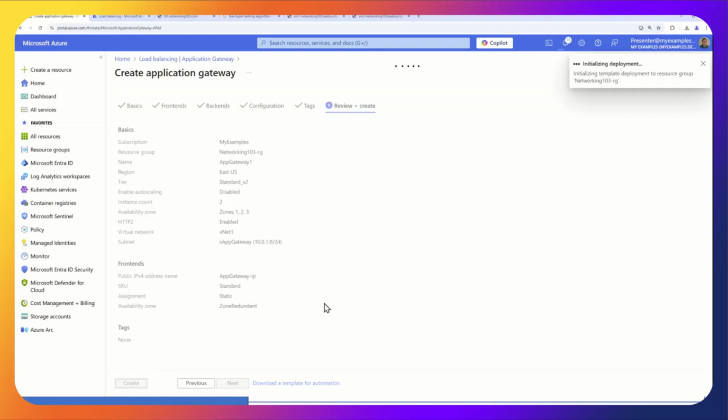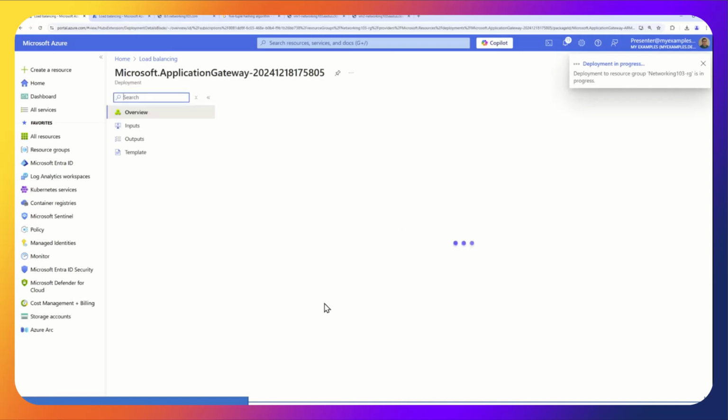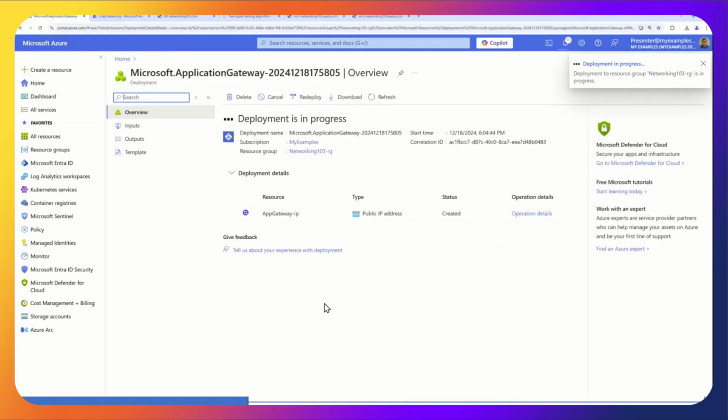Hit create. Now the application gateway takes a little bit longer. And we'll give it a few seconds.